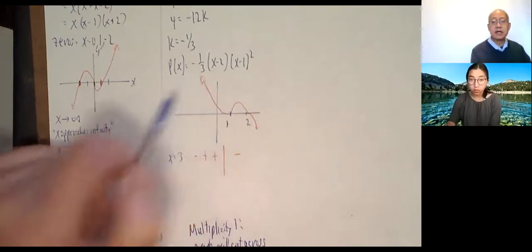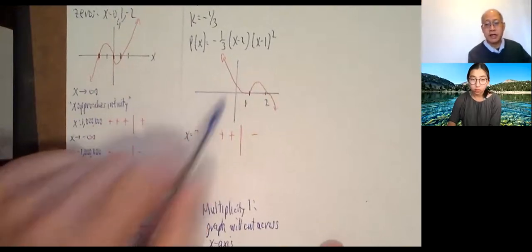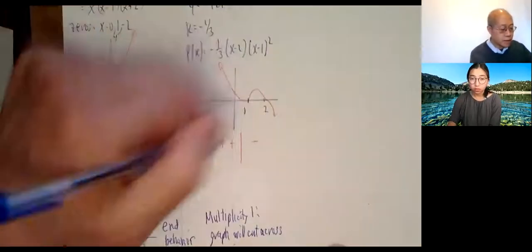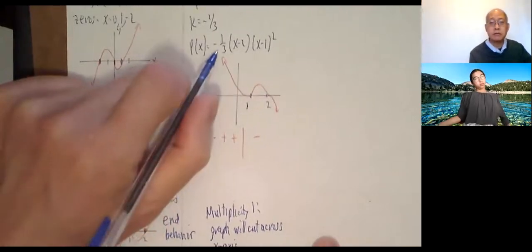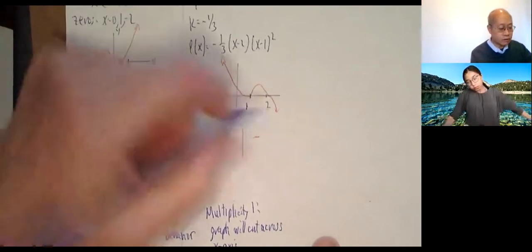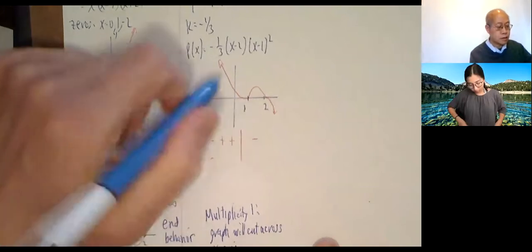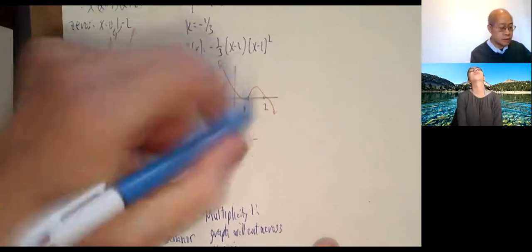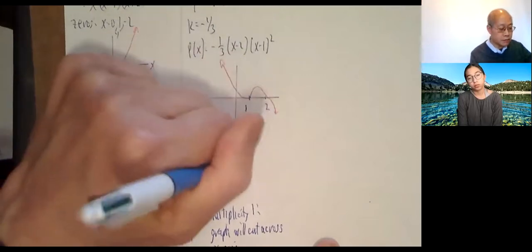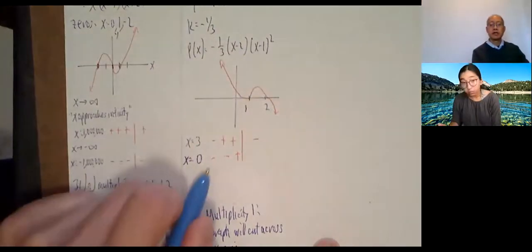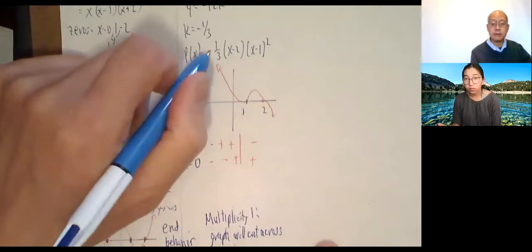Okay, now how did I get this? You can plug in a big negative number. You don't really have to. You can plug in 0. Okay, so let's plug in x equals 0 just for fun. Okay, plug in 0. That's negative. Negative 1/3 is certainly negative, right? 0 minus 2 is negative. This thing, no matter what, is always positive. So what's a negative times a negative times a positive? Positive. So this shoots up toward